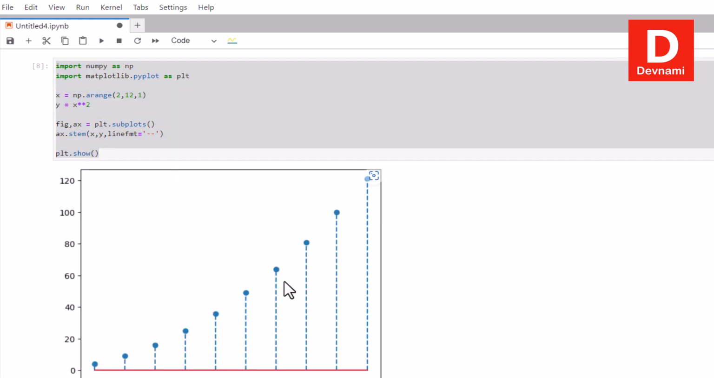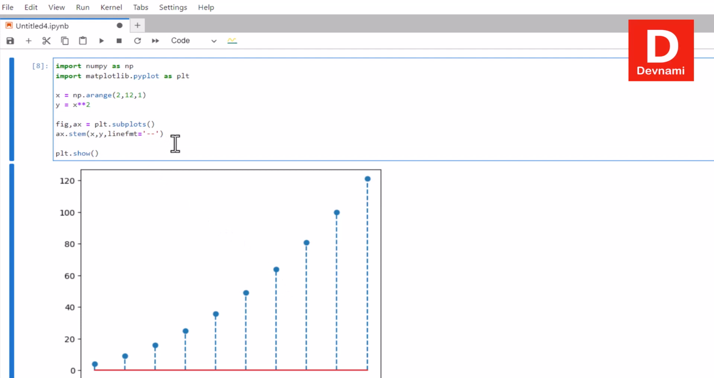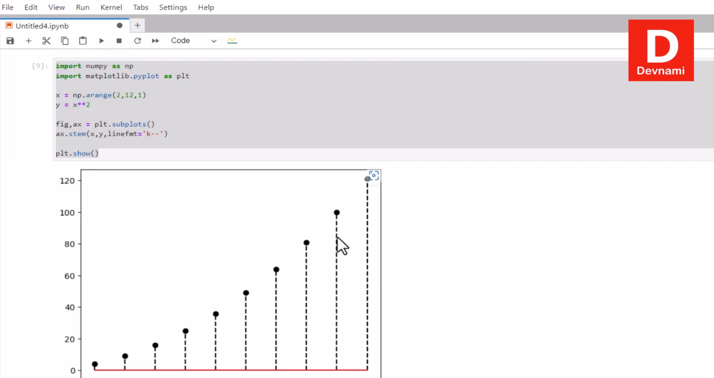Notice the color remains the same, right? Next thing, we can also use line style and color. For that we will use simply K into this. So if I run this piece of code, that will basically turn this into dark color with dash style,